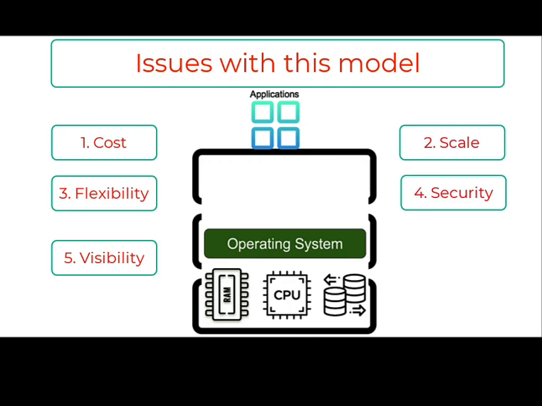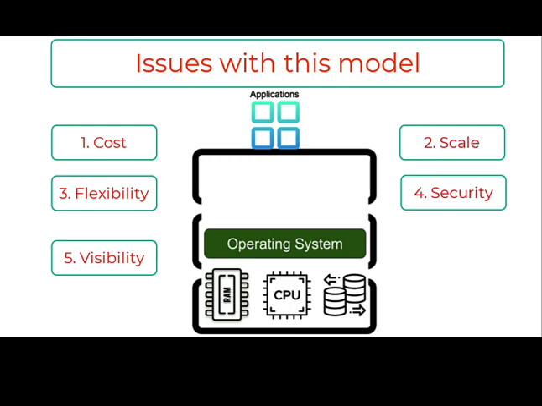So to sum up, there are at a high level 5 main issues with this model. The first issue is the cost issue. The second issue is the scaling issue. Cost issue, just to recap, is that you have to buy a high-end server just for that particular season where there is a higher amount of traffic. Second is the scaling issue, and with the scaling issue, we have seen that even if we anticipate and buy a high-end server, if for some reason more traffic comes in, we will not be able to handle that. So that's the scaling issue, which is the second issue.